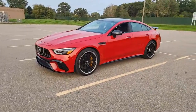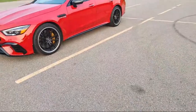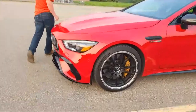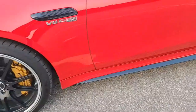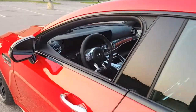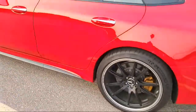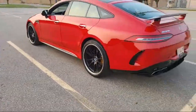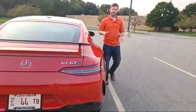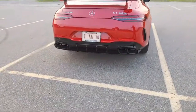Anyway, this is the ultimate of what Mercedes-AMG has to offer. I'll let you take this real quick. I'm going to grab the window sticker and do a little bit of brushing up on exact specifications. Right here in the back, you can see the quad exhaust tips going all the way up to a 4-liter